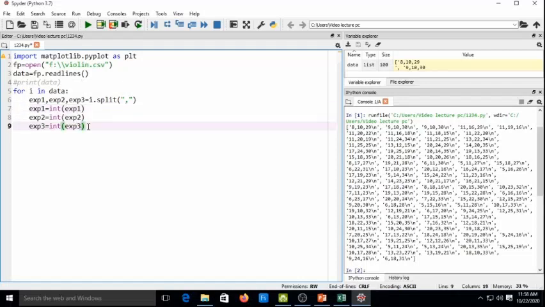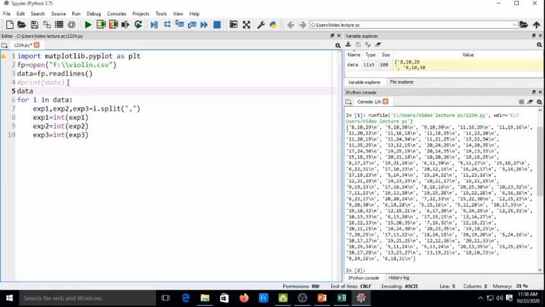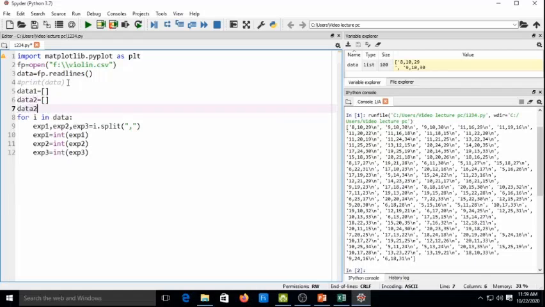Now to store the data in lists, I have to make 3 different lists, that is data1 declared as an empty list, then data2, data3 equals empty lists. Now, I have to append the exp1 data in the data1 list.